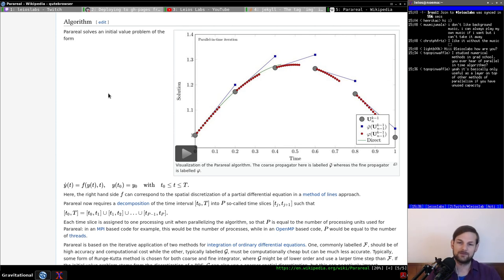I have not seen them used too much in the wild. I think that could be because people are happy enough with their already existing parallelism schemes. Or it could be that we haven't really seen the breakthrough in parallel in time algorithms to make them really efficient. However, I do feel like talking about parallel in time algorithms would be quite nice. I think some people might like that, and could get some benefit from it. Anyway,